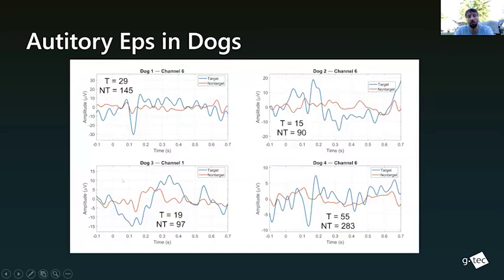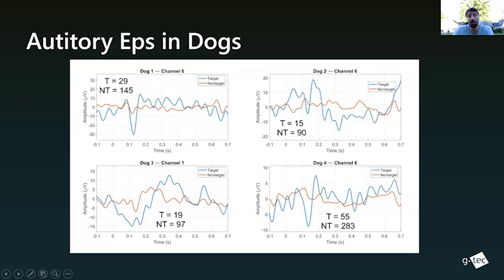And these are the results for EP measurements in 4 dogs. So we had different dogs here participating in this experiment, and of course we also had a different amount of target and non-target that we could use for analysis, because there has to be some removing of certain target and non-target stimuli because of movement. So what we have here, you have it mentioned in each panel, the targets, non-targets that we use plotting, and